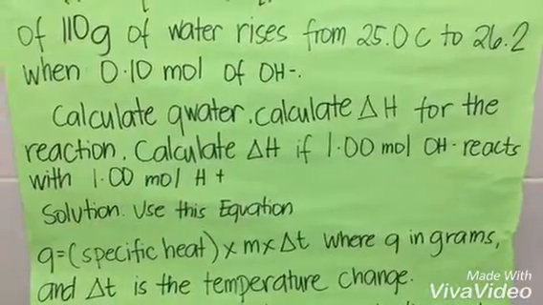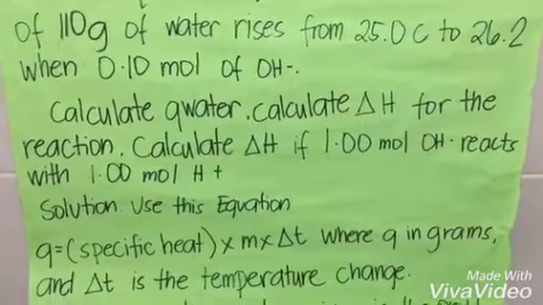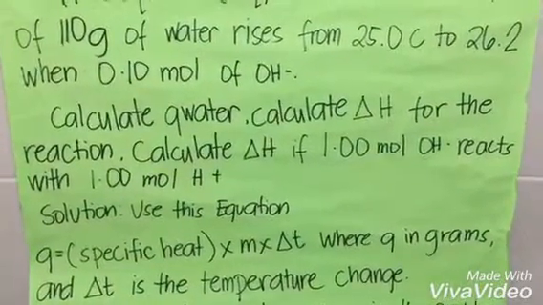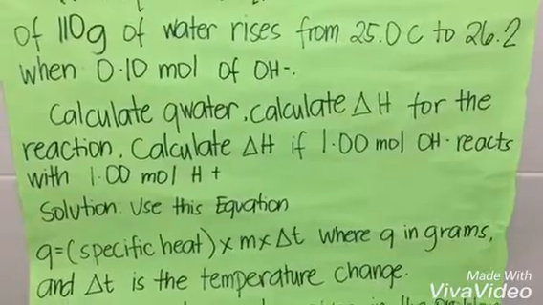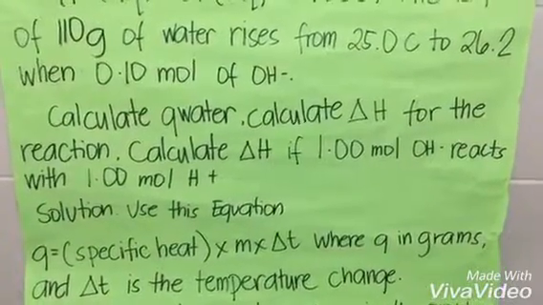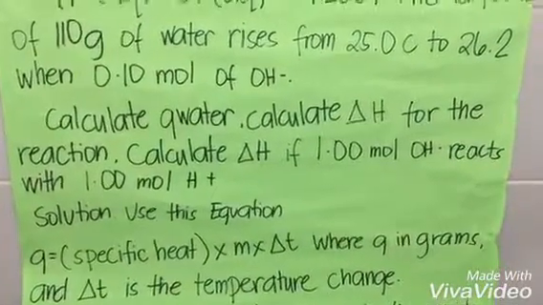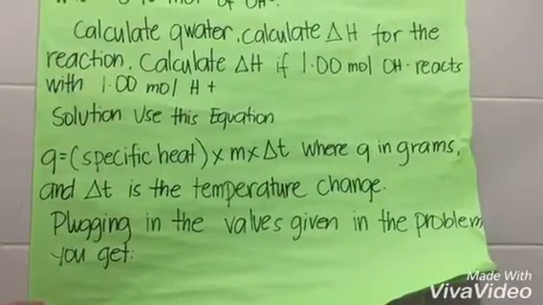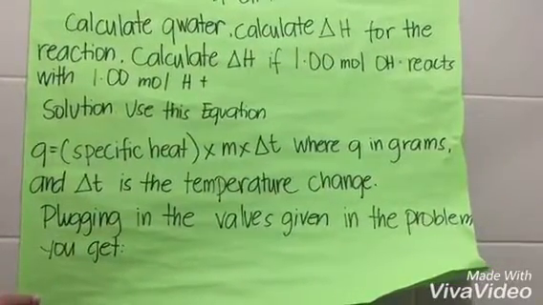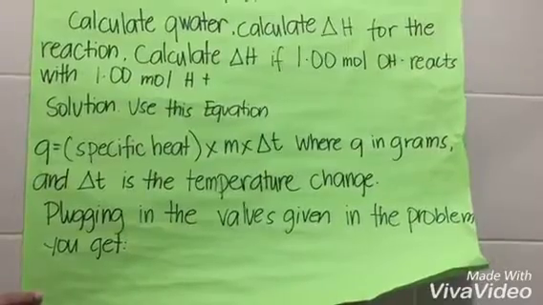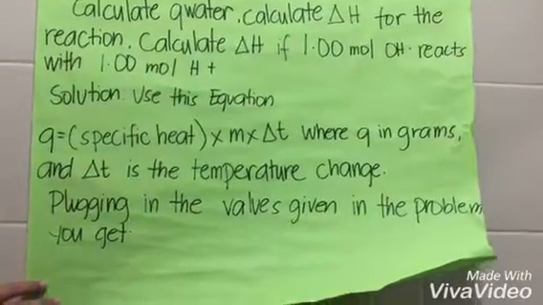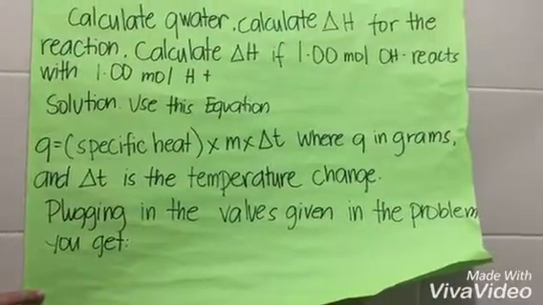Calculate heat absorbed by water. Calculate the change of H for the reaction. Calculate the change of H if 1 mole of OH negative reacts with 1 mole of H positive. To solve this problem, use this equation. Heat absorbed is equal to specific heat multiplied by mass of substance multiplied by change in temperature, where Q is in grams and change of temperature is the